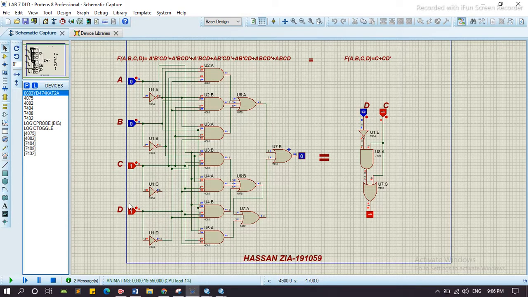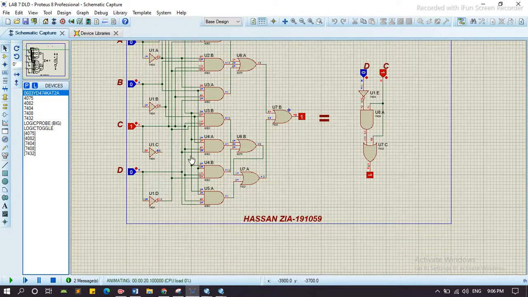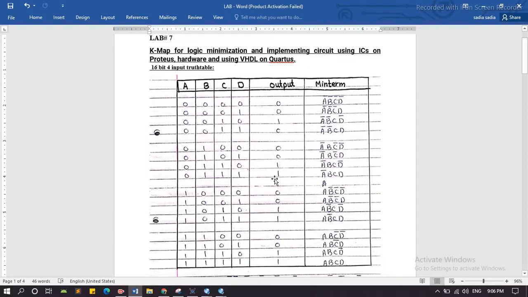we go to the truth table here. Now we implement the second function here. Here is 0 1 1 0. B is equal to 1, 0 1 1 0. We go to the here.